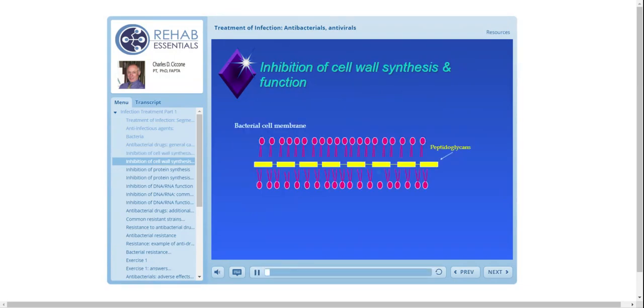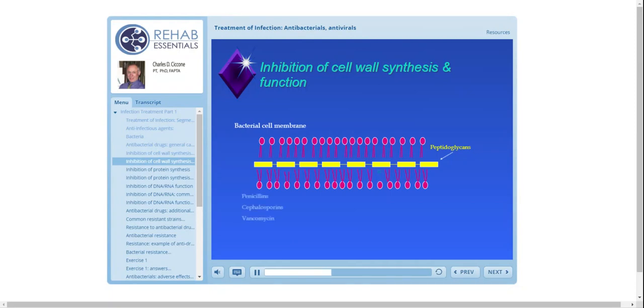So here what you see is the bacterial cell membrane, or again a representation of it, where the reddish pink structures are the phospholipids. And bacterial cells do have phospholipids that make up most of the bulk of the membrane. But what you also see is this yellow structure, the peptidoglycan. Again, it's a sugar protein repeating molecule that gives this membrane strength. And sometimes it's in the middle, sometimes it's on the outer and inner surfaces, but most bacteria have this structural